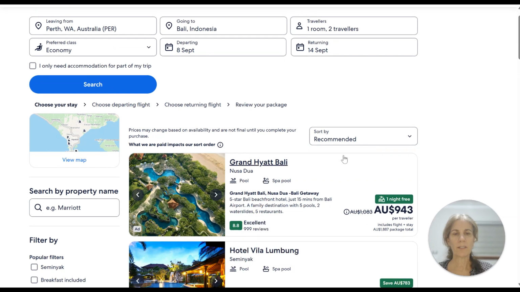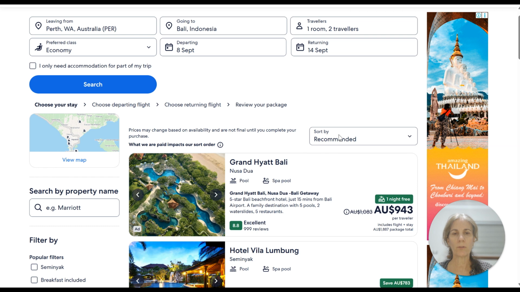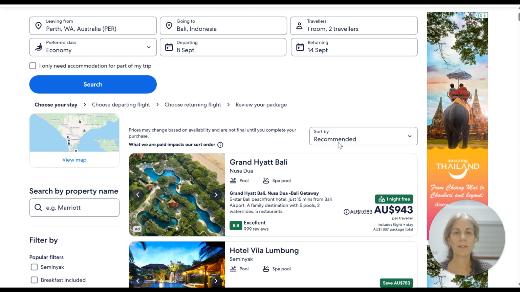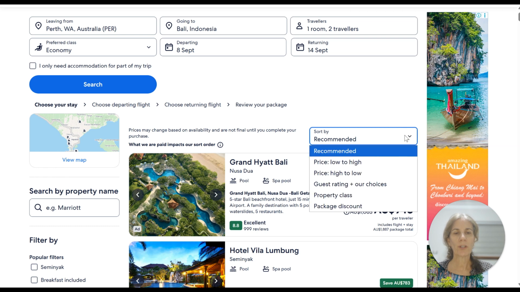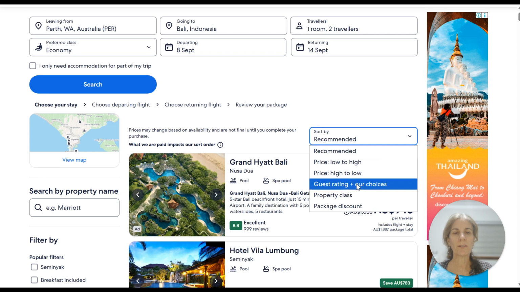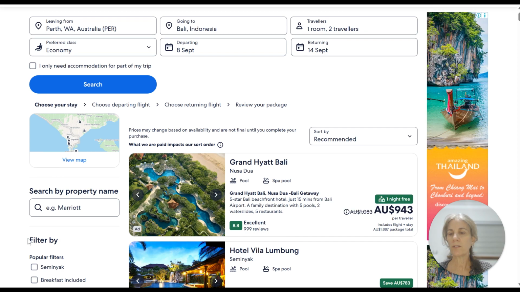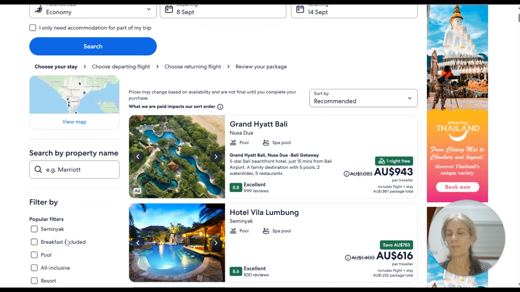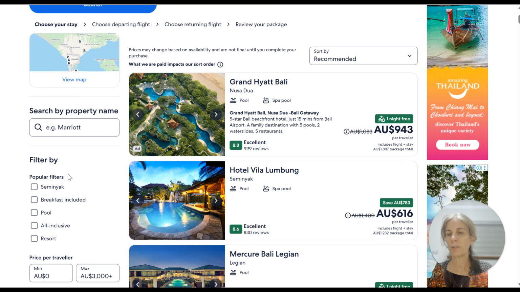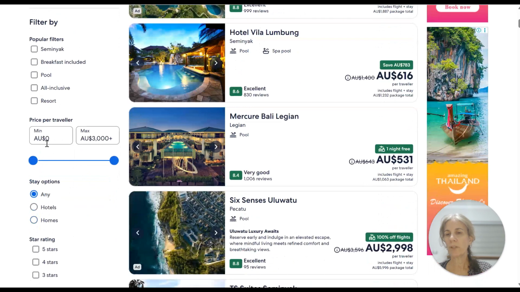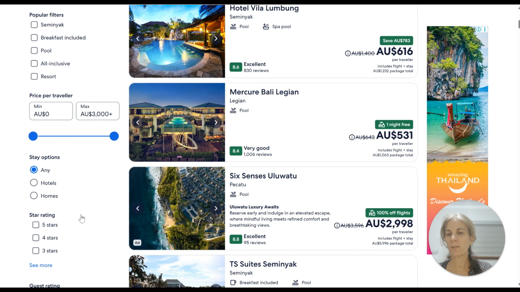Expedia by default lists them in order of recommended by Expedia. You can change it to be according to price, guest rating or property class. Alternatively, you have the filter down the left hand side, and there's some popular filters at the top. People like Seminyak area, people like to have a pool. You can put in minimum maximum you want to spend,